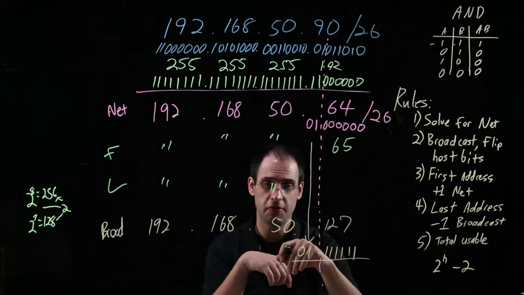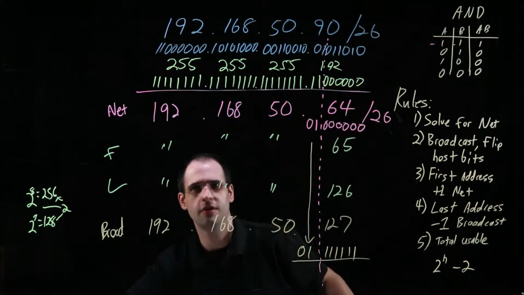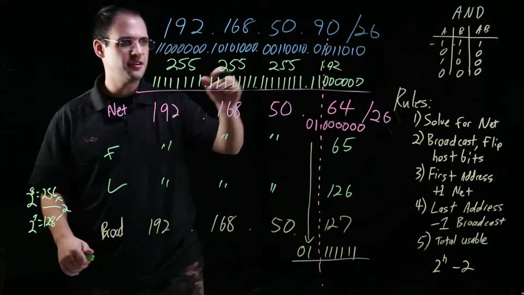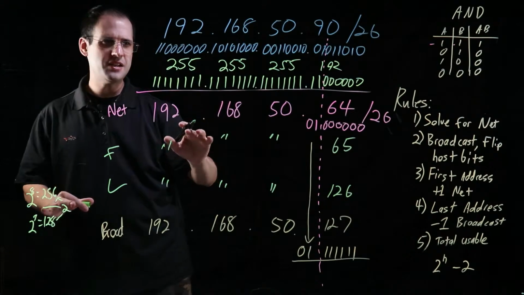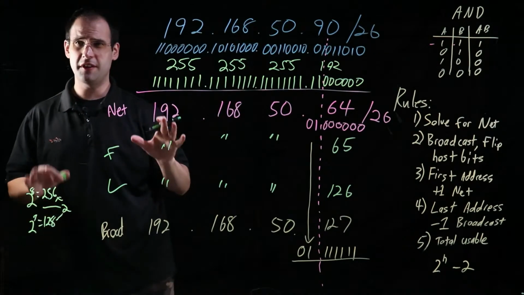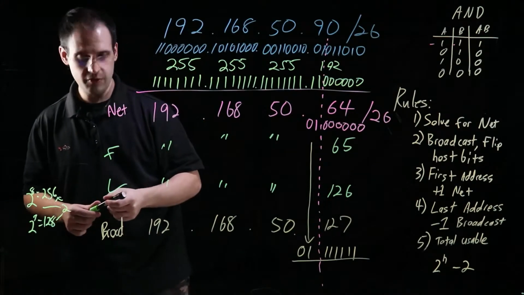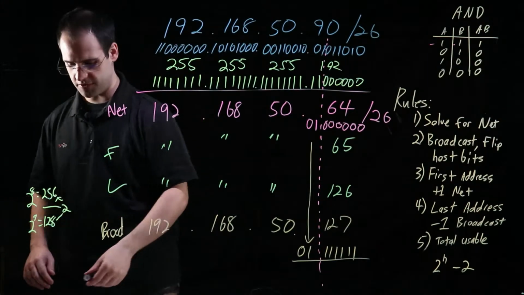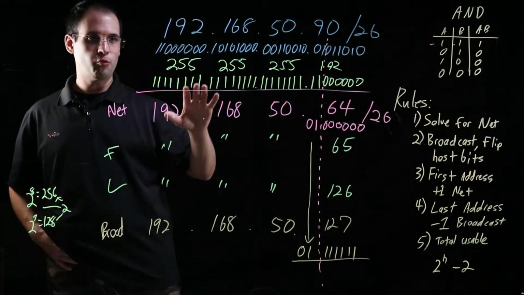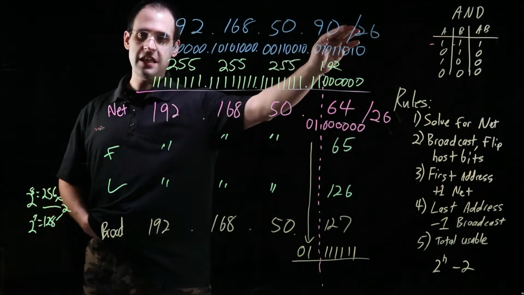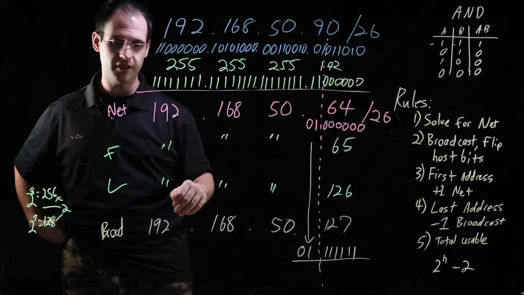And the broadcast minus 1 is 126. Okay, so my range here is this address. Now, the range that this address exists in, that's an important key here. The address that was given was 192.168.50.90/26. All right, so the range that this exists in, if my notation says my subnet mask is a /26,